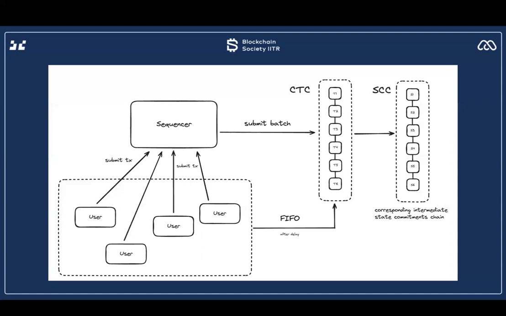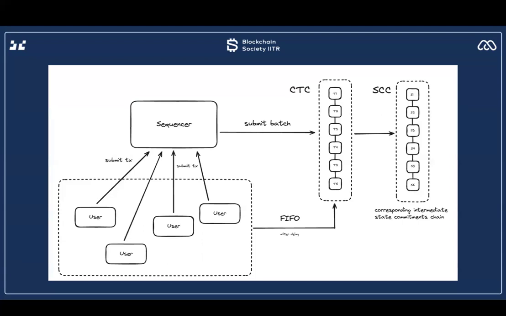Now, why is that? The transactions happen after a delay because, let's say, the sequencer is batching a transaction and you send a transaction in between that. That transaction can have an invalid state interacting with other transactions. So the sequencer basically has a grace period. Whenever a new epoch is generated, the sequencer gets some time to batch the transactions and submit them on the CTC. And after that, anyone who wants to directly forcefully put a transaction into the CTC can do so. So that is basically an overview of how the sequencer on Optimism works